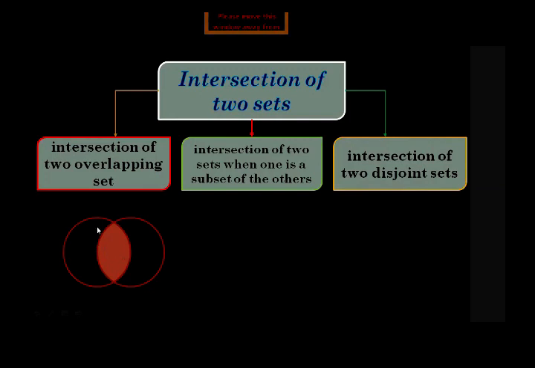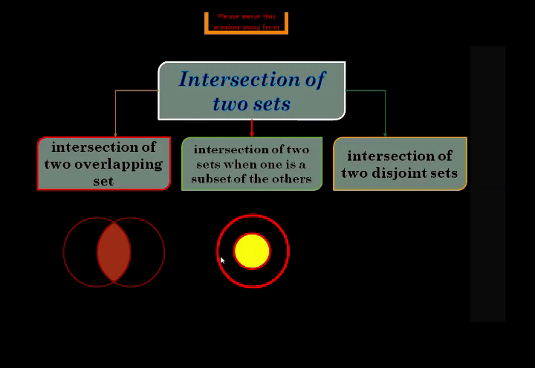What is the difference between union and intersection? Okay, in intersection we will show this common part, this common area between two overlapping circles. But in union, the whole part is shaded. Now the next one is